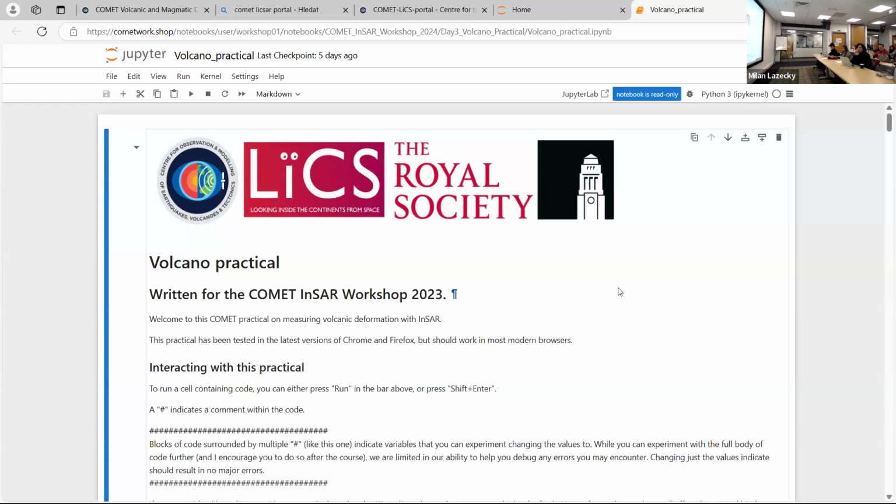There are a couple of absolute experts in modeling volcanic deformation in the room, so feel free to jump in and make contributions at any point. The first part of the practical is going to be looking at Mogi sources, and there are also some aspects here about topographic correction and how to refine it. It's a Jupyter Notebook practical like you had yesterday, and Rachel and Eliot are going to be leading this session. Take it away, Rachel.